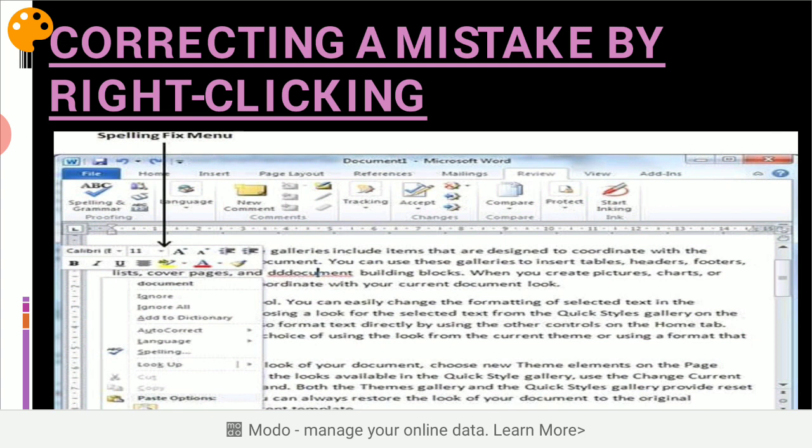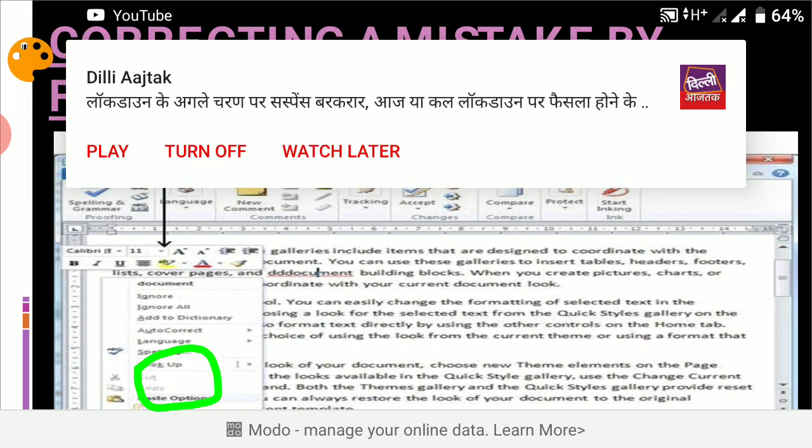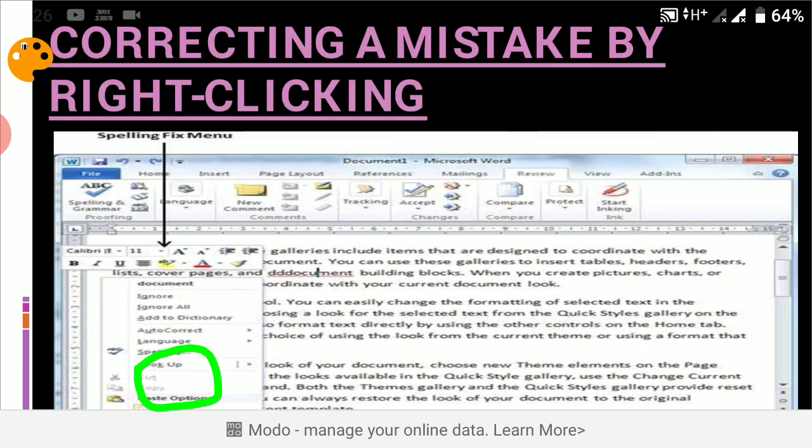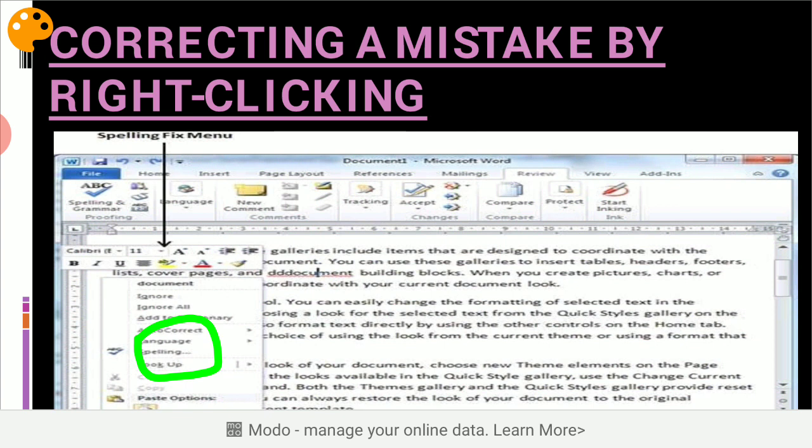Here you can choose your correct word. If you cannot find your word, you can choose Ignore. To ignore the error, click on Ignore, or click on Ignore All for all instances of the error.